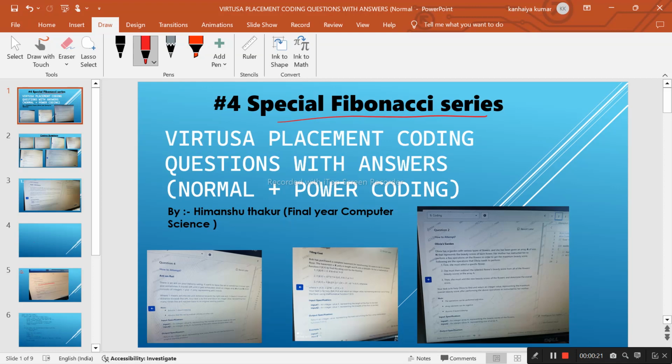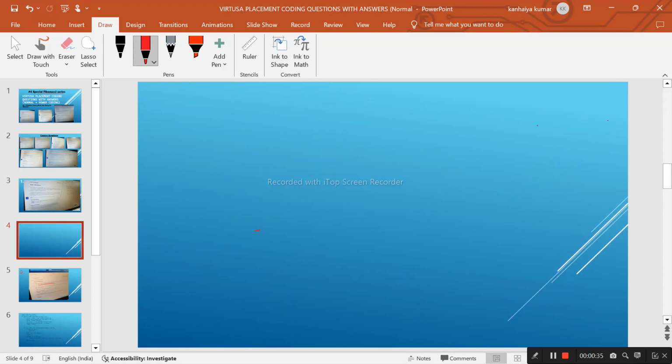So first we should know what the Fibonacci series means. The Fibonacci series is calculated as the sum of the previous two terms. In order to find the next term in the simple Fibonacci series, we have to calculate the sum of the previous two terms. For example, if we have to find the simple Fibonacci series up to 5 terms, then the series will